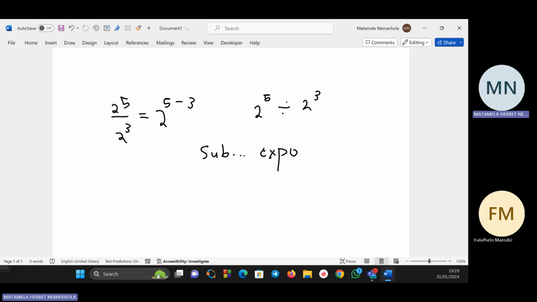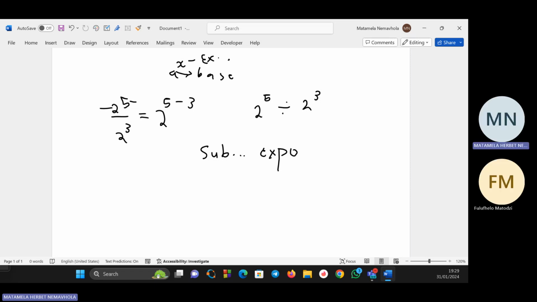If you have an exponent like this and you are dividing, this is a base and this is an exponent. So for those who just joined, if a to the power x, I'm just using these as variables, this a we call a base, and x we call an exponent. When we use this, we can work with them with numbers, and we can also work with them with